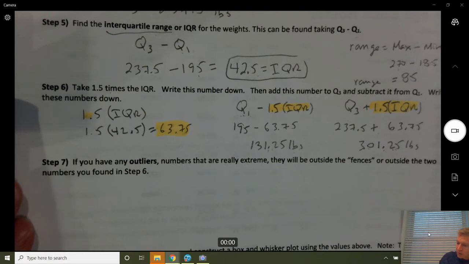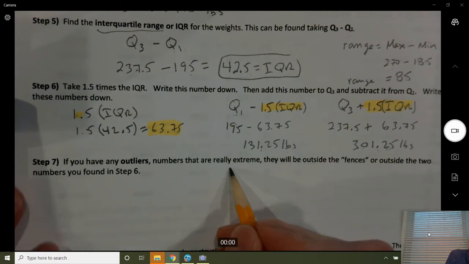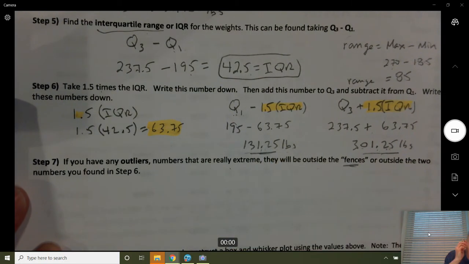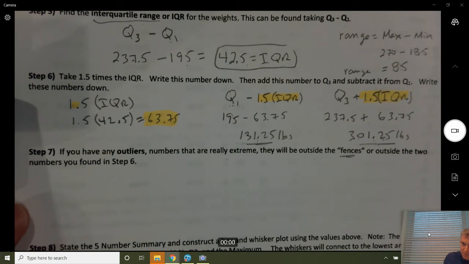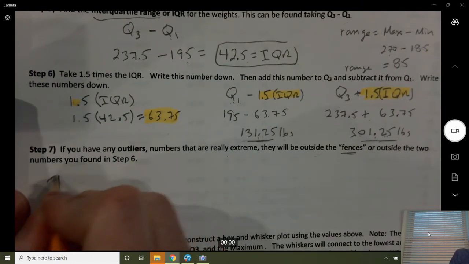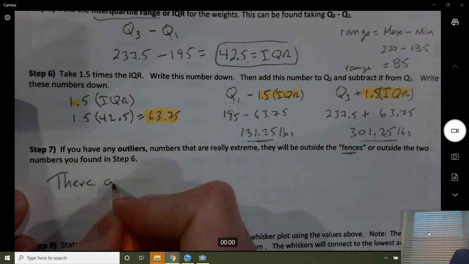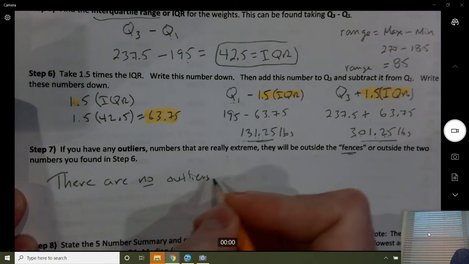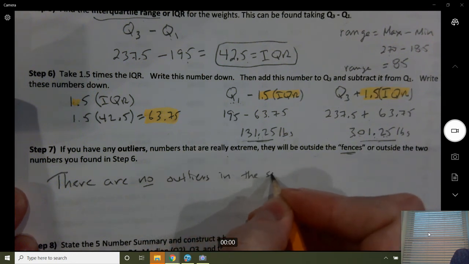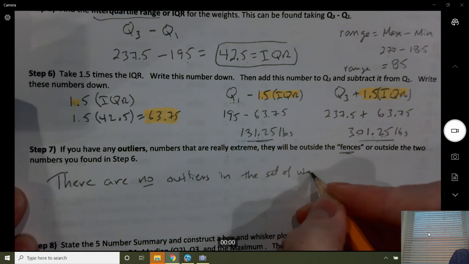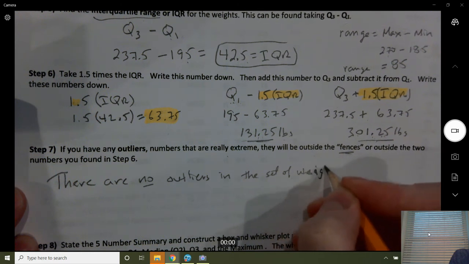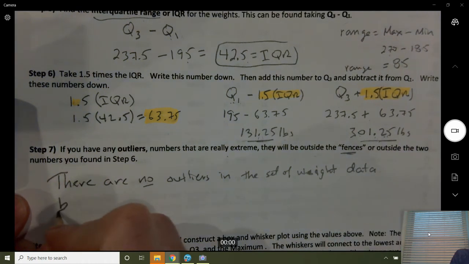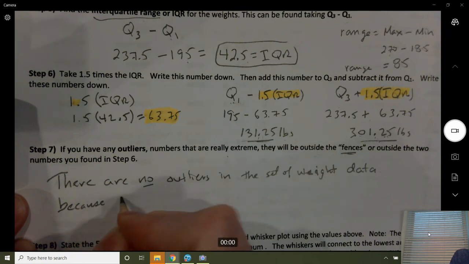So if you have any outliers, numbers that are really extreme, they will be outside these fences. We consider these the fences, outside the two numbers you found in step 6. So when we say we've got no outliers, we could write something like this: there are no outliers in the set of weights, the weight data. Data is just information. Because no players